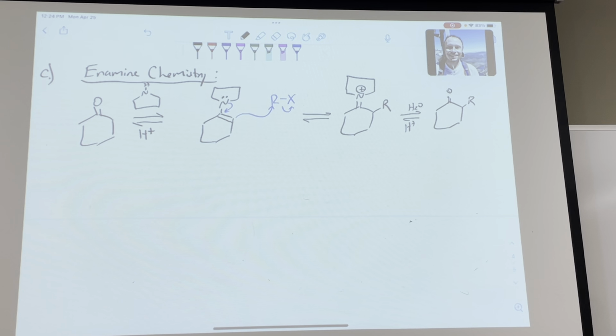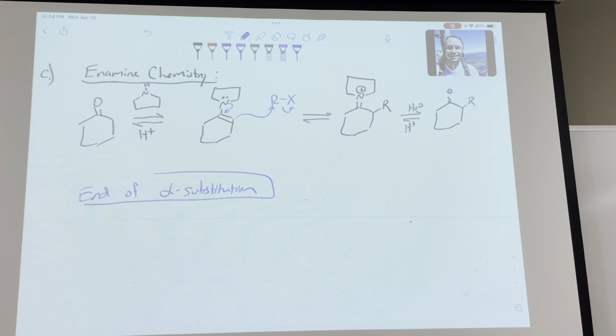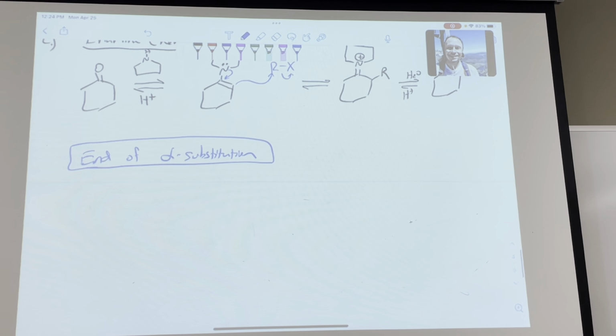Okay, so far, what we have been talking about in this chapter have been what are considered, let's say, the simple end of alpha substitution. All that we've talked about up to this point has been just substituting the alpha position, be that with halogens, be that with alkyl groups, just relatively simple alpha substitution reactions. What we're going to spend the rest of this chapter talking about is a second class of reactions, much more useful reactions,